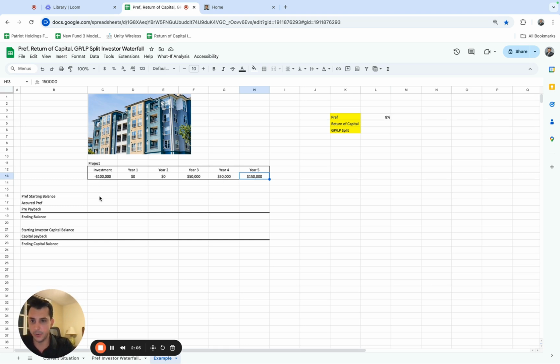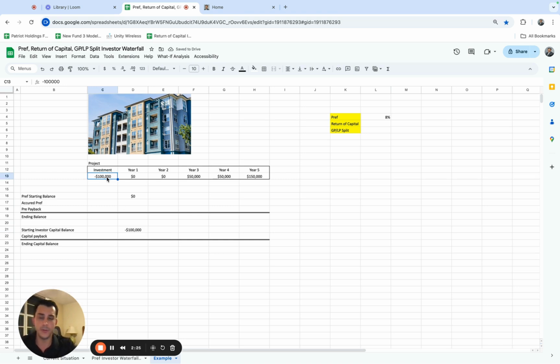Okay, so in this example, let's look here. Year one, what's the Pref starting balance? It's going to be zero, because we always start with zero. What is the accrued Pref? For accrued Pref, it's going to be a function of what the capital balance is. So we know that we put 100 grand of investor money